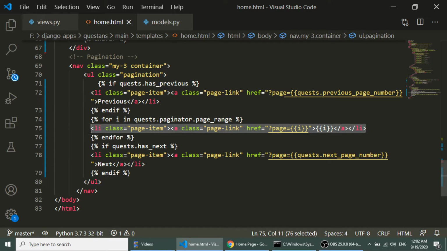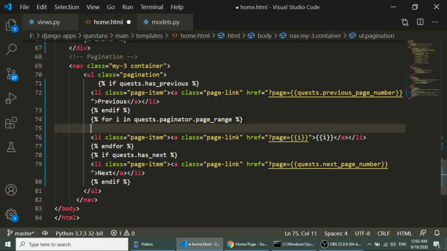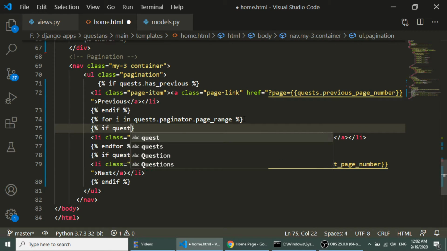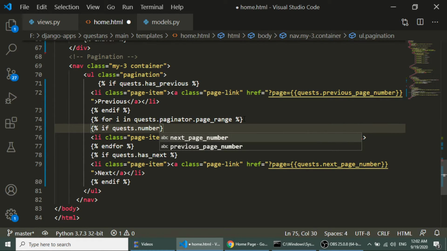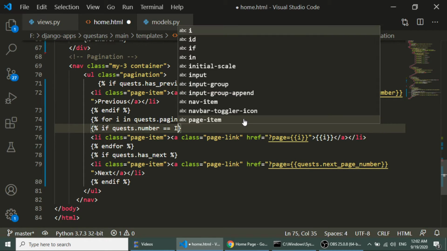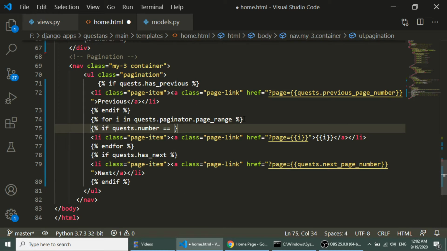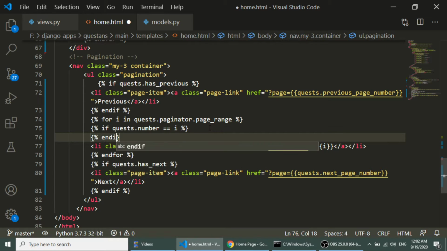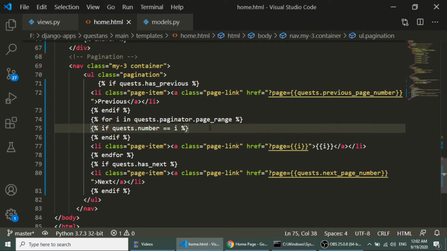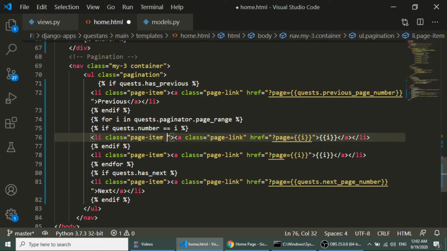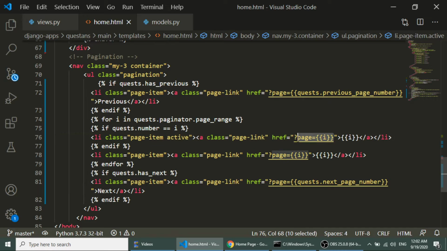Now we will do the things for the active class. In the loop we need to check if quests.number equal to i, then we will show the active link, and here we will add a hash.